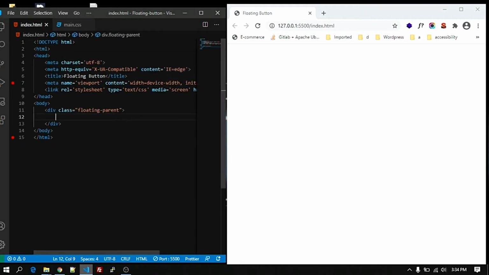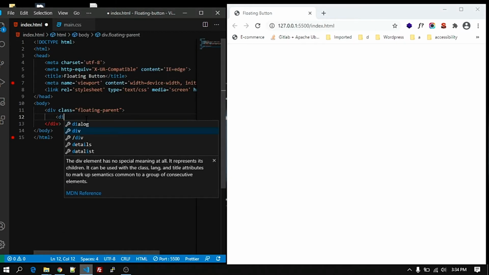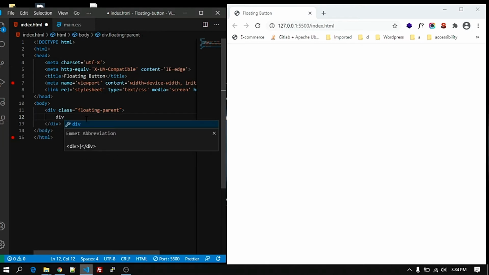So I have added the floating button parent. In that I'm going to add one more div, float right button.